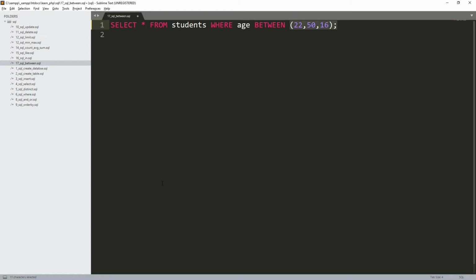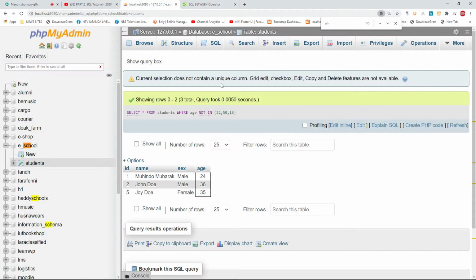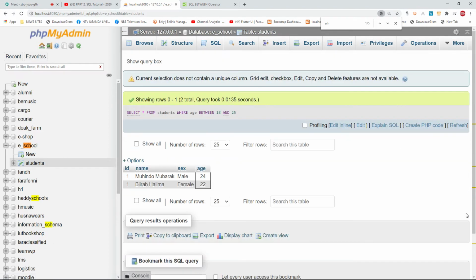I'll put 18, and then you put the word and then maybe 25 years. So this will bring all the students who are having the age that is lying under this bracket. It's just like English, yeah? So if I come to SQL and I select all and I paste this one, I'll see that it has brought only students who are having that particular